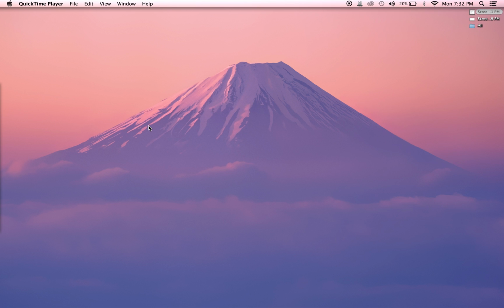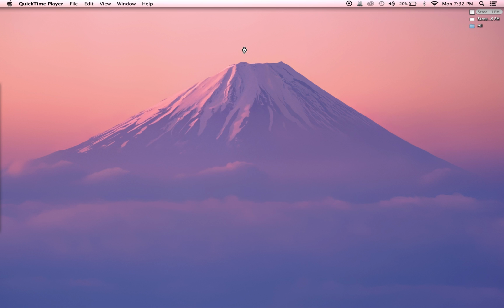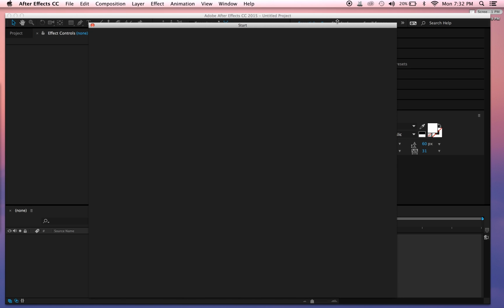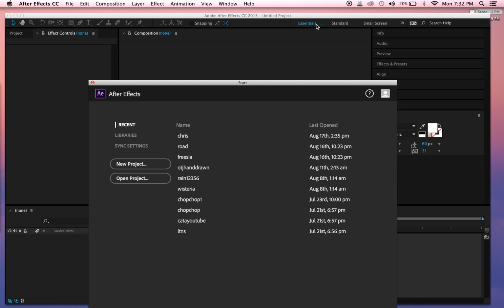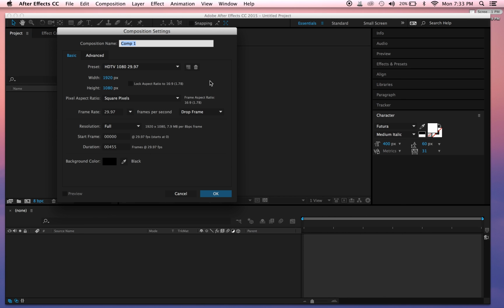So, first step is you open After Effects, and you're going to see your workspace, and it's customizable and adjustable. But for beginners like all of us, they give you options, but let's just go with the essentials. So let's click New Project, and the first thing you need to do is create a new composition and make